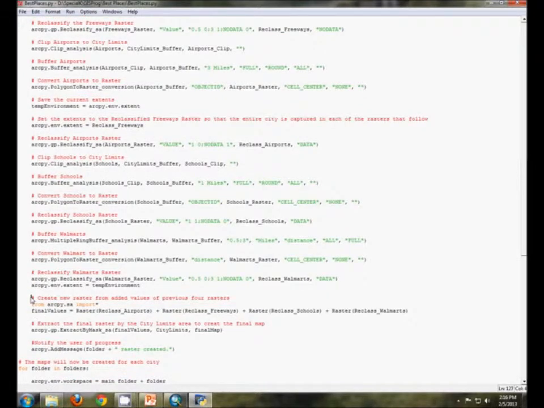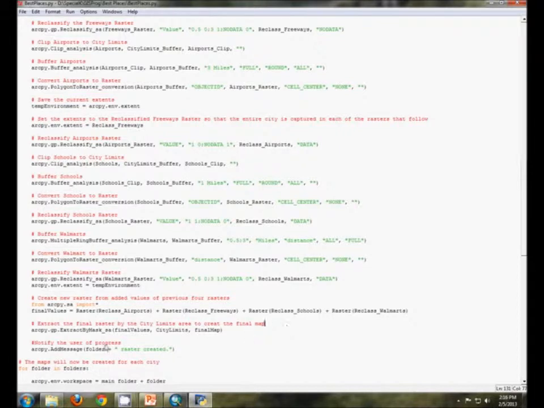And then we had to add the rasters together. Now, map algebra, as you've probably found, does not necessarily work very well in Python, at least for ArcGIS 10.0. And so what we had to do is use the spatial analyst stuff in ArcPy, and we set a new final values raster, as we defined earlier, to be the sum of our other rasters. That way our final values raster would have values from 0 to 4